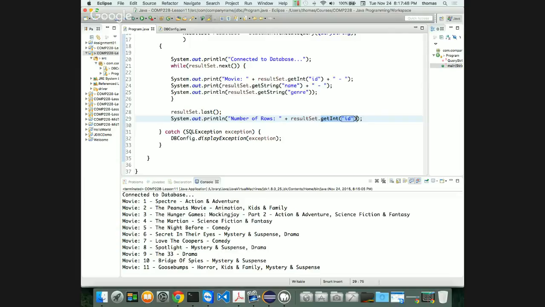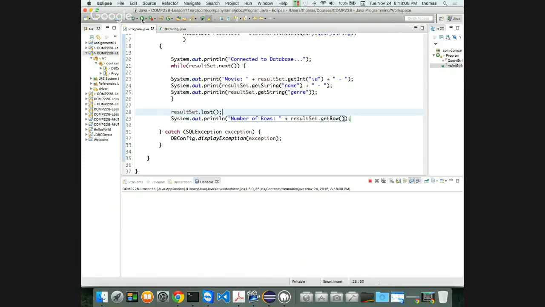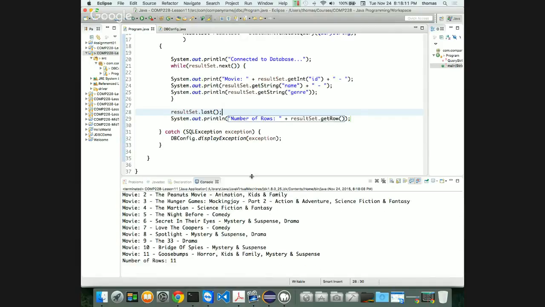Because even though I insert the ID, it'll insert it in between rows or whatever, but it'll have a different ID than a numerical ID. So the better way to do that would be get row. So get the row that we're looking at. That's the last row. And if I try this out, if I press play, then I get number of rows